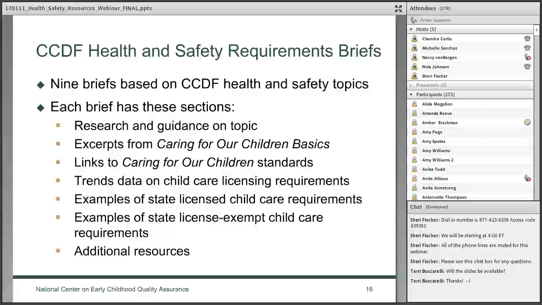Those examples are actually language directly excerpted from regulations and other policies that apply to those different types of providers. And some additional resources are included.